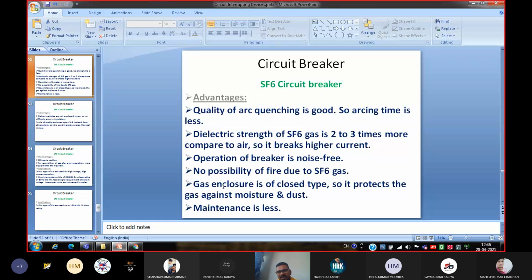And if no moisture and dust enters into the gas, we can say that the dust and moisture will not enter into the circuit breaker also. So we can say that the maintenance is also less. Maintenance required in the SF6 circuit breaker is less. Okay,